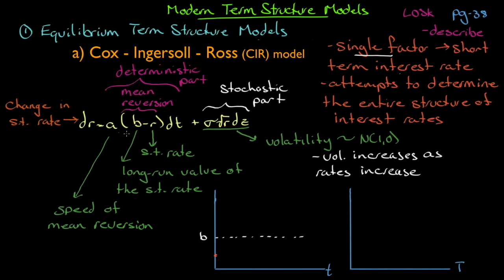So this term will be positive, and here we have a low rate of r, so volatility will be low. So as we move towards a short-term rate, we'll see short-term rates moving around, but as the rates start increasing, volatility starts increasing. So as rates get really high, our volatility on the interest rates increases, and as we start pulling down towards the mean, volatility will drop, etc. So you can see what I'm doing here is that I'm showing that volatility in the rate has increased up here, but volatility down here is low. That's what this is mapping, non-constant volatility